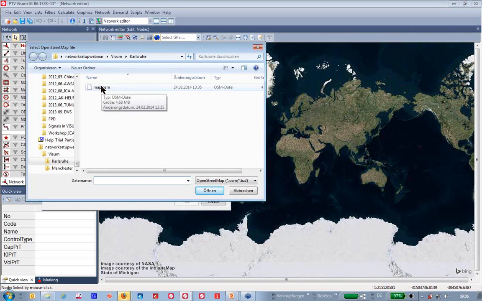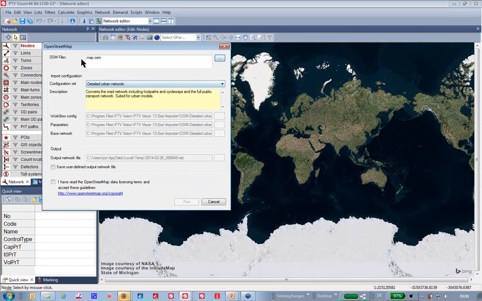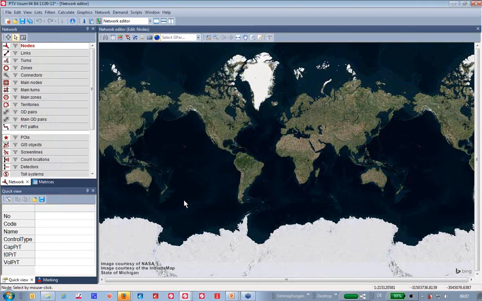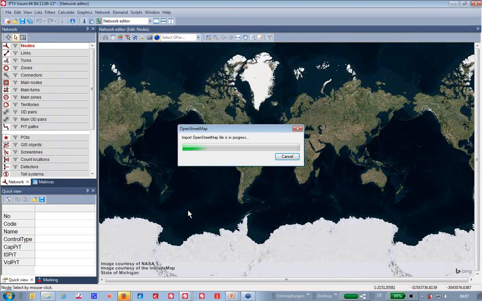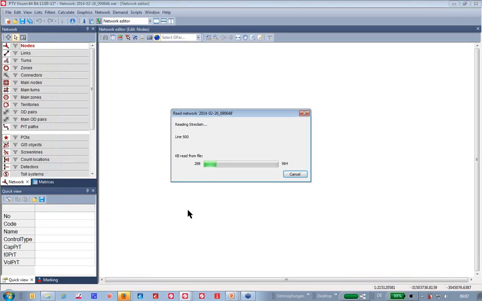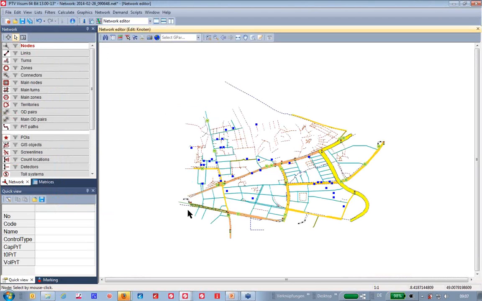Just choose the file which we just downloaded. We leave all the other options as they are for the moment. We need to accept the OpenStreetMap data licensing terms and guidelines, and then we can run the import. For this small network, this will just take a couple of seconds, and then the network will be opened into Visum. And we can see the same area as we have seen before